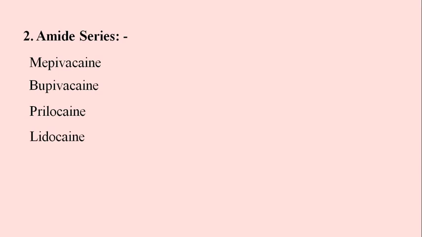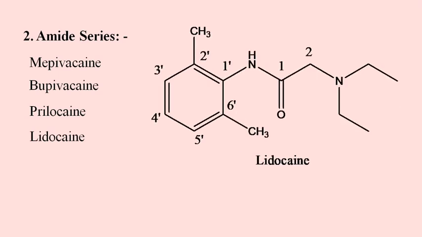it can be used without a vasoconstrictor if desired. Next is lidocaine, our prototype drug. Lidocaine, I think you can assume its IUPAC name: 2-diethylamino. At position 2 it has diethyl, one ethyl another ethyl, and N-(2,6-dimethylphenyl)acetamide. Here if it were a hydrogen, you could call it a formamide. Here it has a methyl, so it is an acetamide. Once again, 2-diethylamino-N-(2,6-dimethylphenyl)acetamide.